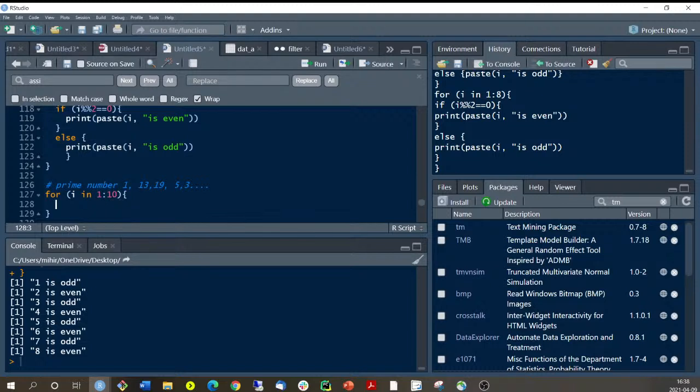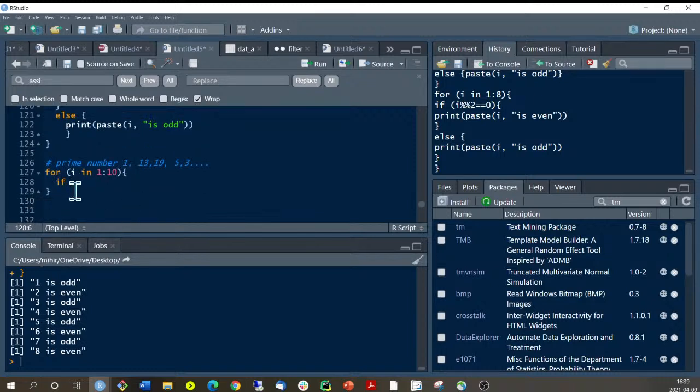What are the prime numbers between 1 to 10? So I can say for I in 1 to 10, if, then I'm nesting an if function here. So if I modular 2, and from modular 2 to I minus 1, which means